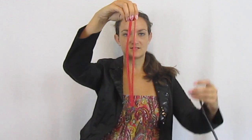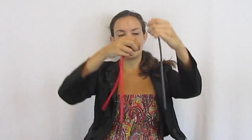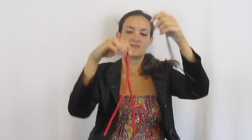So we're going to do a motorcycle, and it's really basic design. It only uses 2 balloons for the motorcycle and 1 black balloon for the wheels. And then you can use a scrap at the end, I'll show you. But we're going to use 3 balloons to get started. And I'm going to blow up all 3 of these, about 6 pumps each, on my handy dandy new green